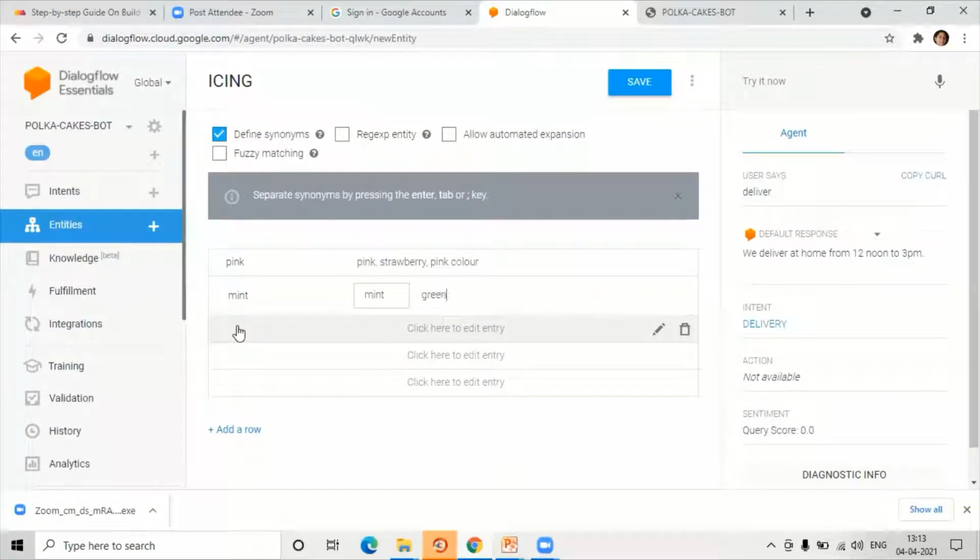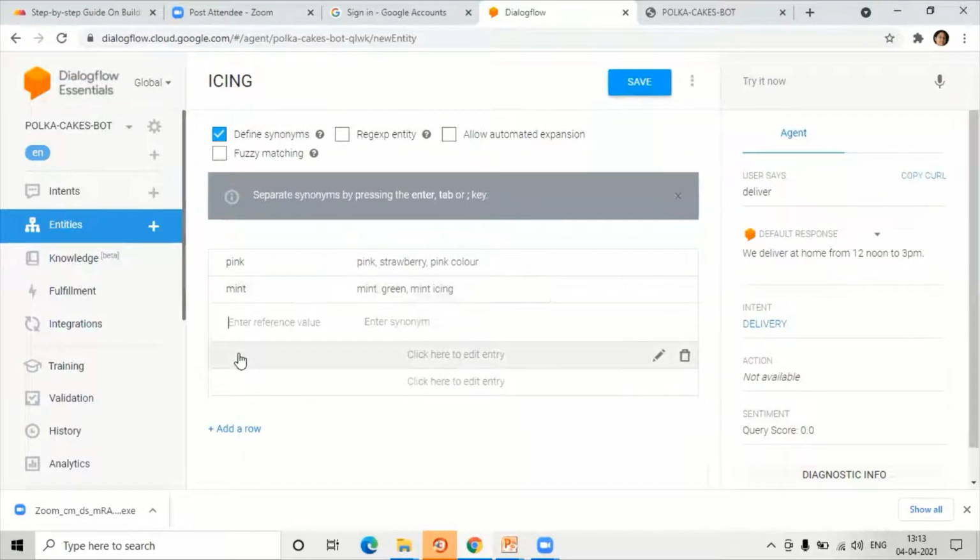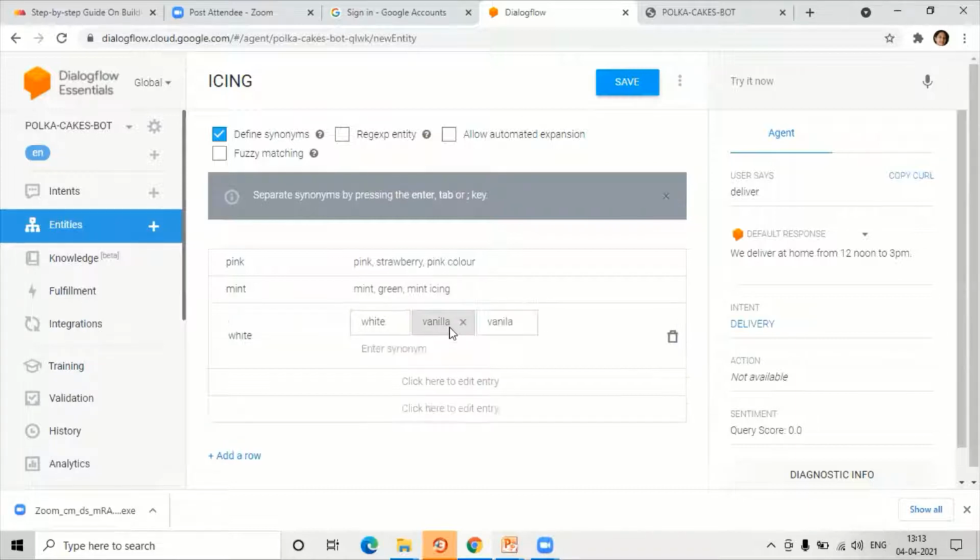You can type green color or mint icing. The third type of icing that I am giving in my shop is white or vanilla. People could write a different spelling of it. So I will click fuzzy matching. Fuzzy matching means that even if there is a simple spelling mistake here and there, it will catch it and save it. So we click on save.